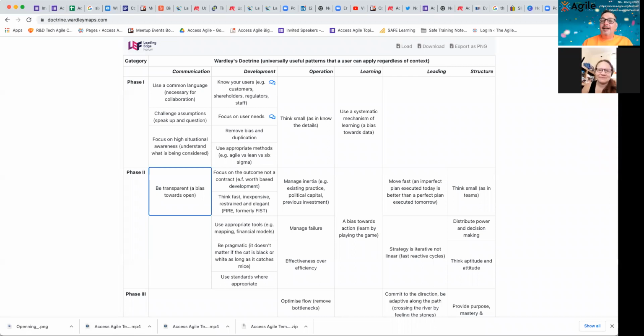I am getting Jo up to speed for everything she missed in the organization that we put together last year. When I first got the trustees together, there were two real things that we pushed into the mix. One was design thinking, and one was the Wardley Doctrine. So this comes from Simon Wardley.